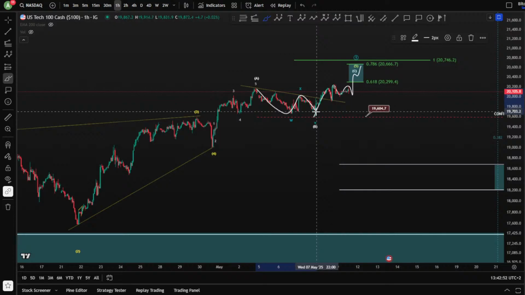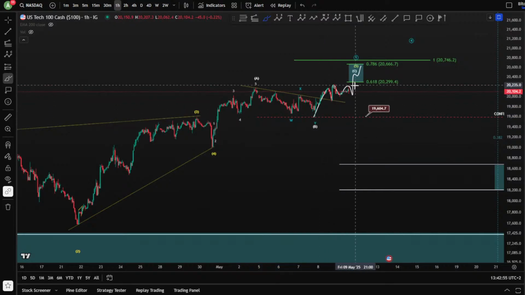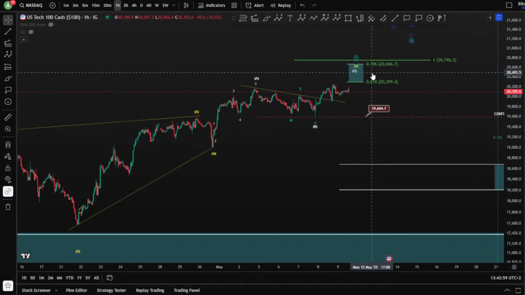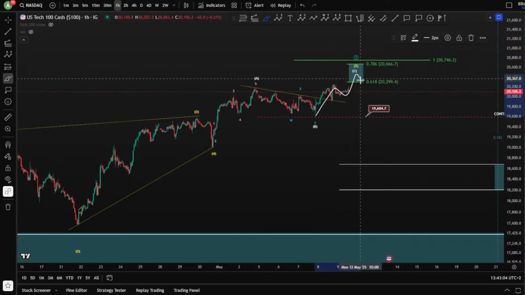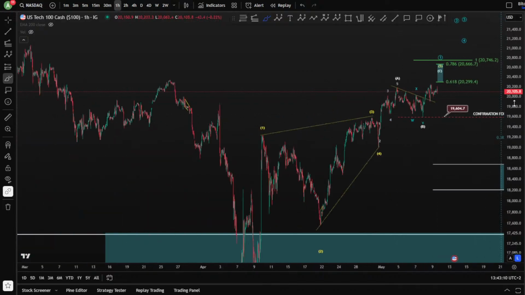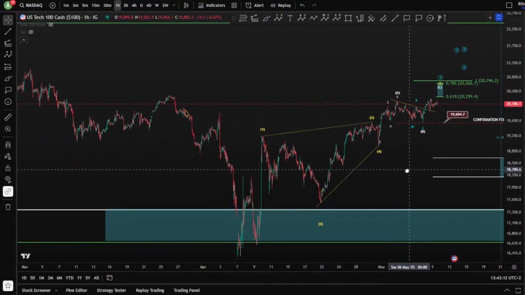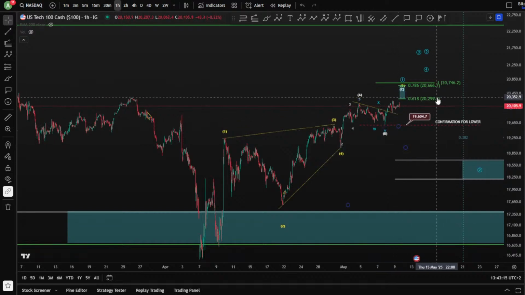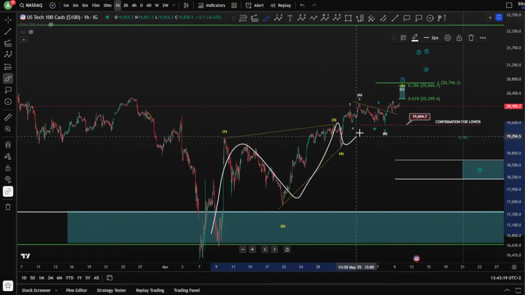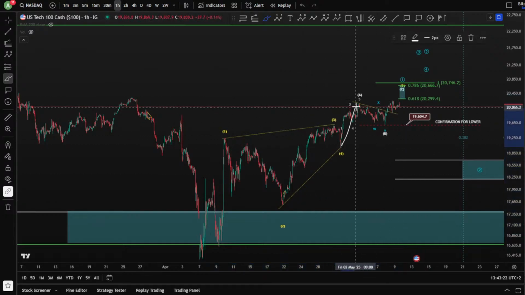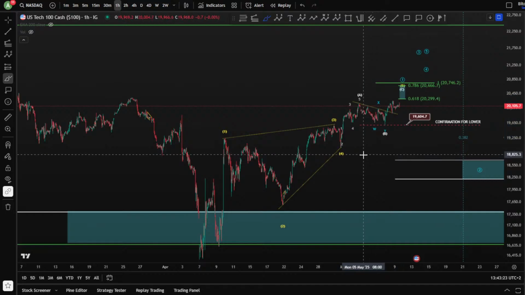If this is your correction finished over there and you got an impulse, meaning your wave C is still expanding toward the upside. I want to see this blue box at least hit. I would like to see, of course, the price hitting this blue box anyway, because we would be much more confident that we have hit the perfect target for a wave 5, you know. And therefore, of course, you finish a 1, 2, 3, 4, and a 5 nicely, with a nice wave 5. So basically, this is what I'm looking for.